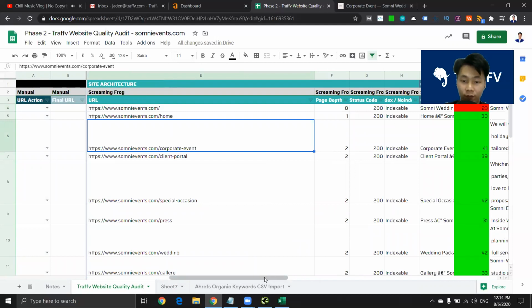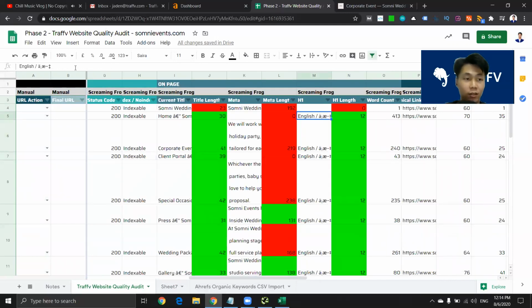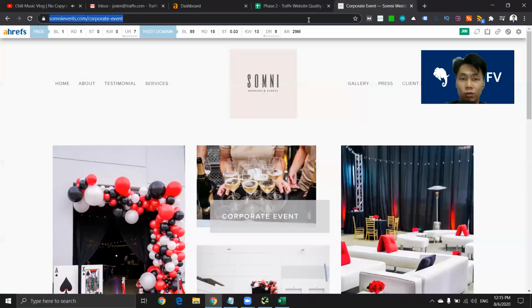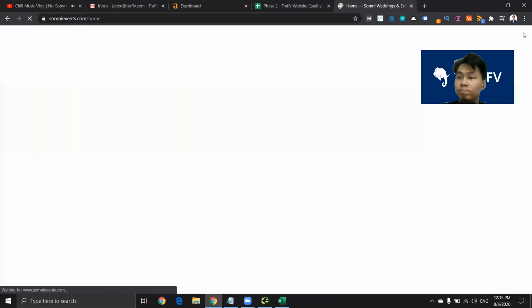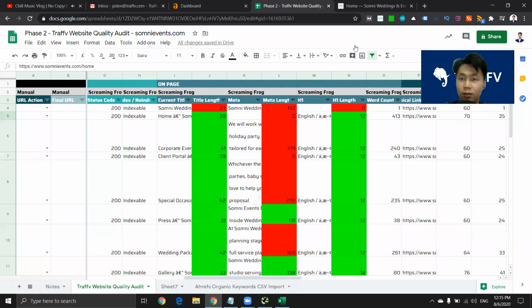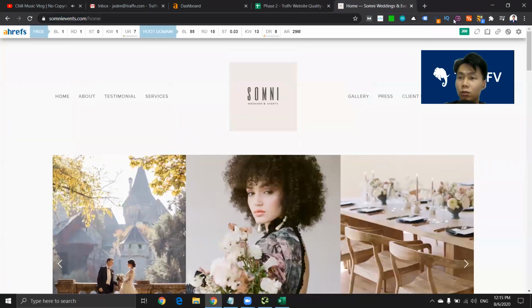Okay, say for example, the first thing that I noticed is this weird thing, probably due to them having Chinese words on there, and I have no idea why. So let's just go and take a look, right? This says that they have weird symbols going on with their H1 tag. So let's go and take a look